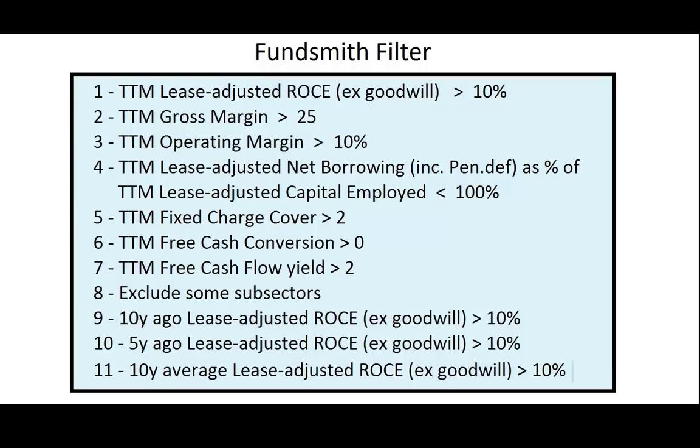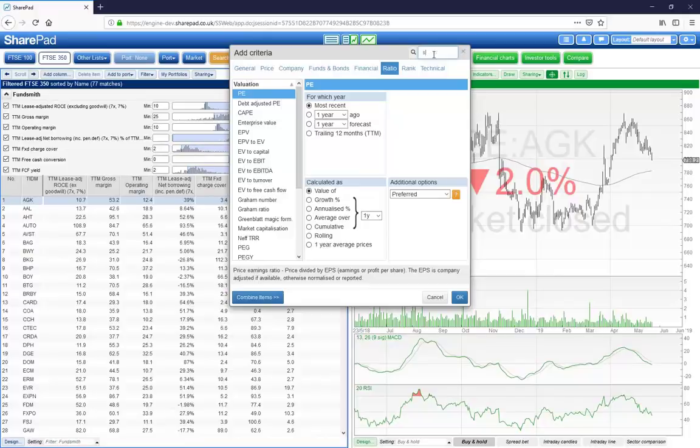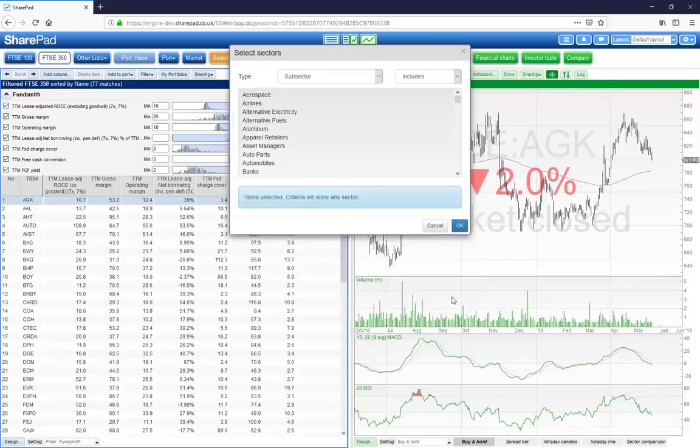Now, I didn't write them all here because it's quite a long list, but I am now going to show you in the filter. So we go to add criteria and we select subsector and click on OK. And now we go down the list and highlight all of the ones that they exclude. So we want excludes, and we are going to exclude then asset managers,